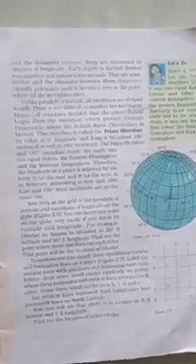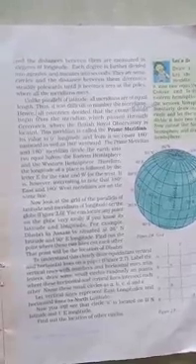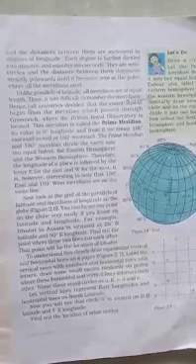Its value is 0 degree longitude and from it we count 180 degrees eastwards as well as 180 degrees westward. Basically, the prime meridian and 180 degree meridian divide the earth into two equal halves, the eastern hemisphere and the western hemisphere. Thus, the longitude of a place is followed by the letter E for east and W for west. It is interesting to note that 180 degree east and 180 degree west meridians are on the same line.